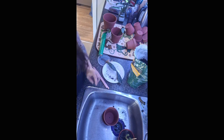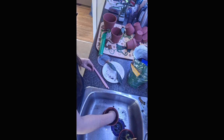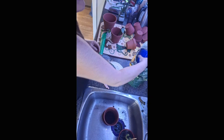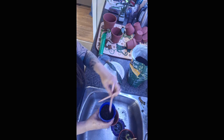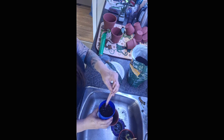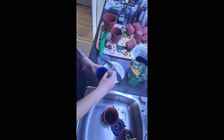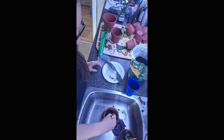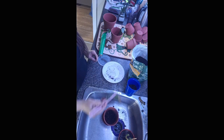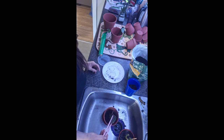So let's see here. Okay, this. Then we're going to put the cactus soil first. Pack that down. And we'll do a mixture of both soils. Stir them up all nice. Alright, since this one's going to be quite low in the pot, I'm not going to put too much soil in there. Like that. I'll really gauge where he needs to sit. Okay, so I'd say about there. He's going to be a little crooked, but...